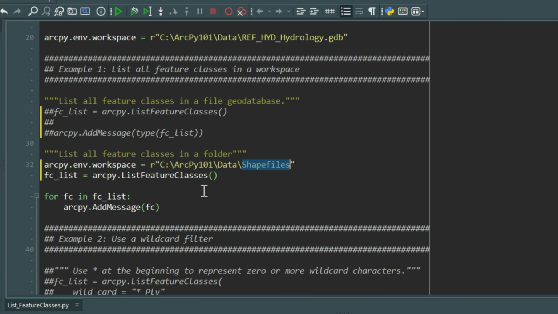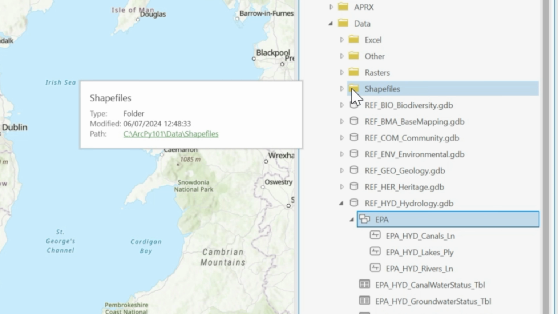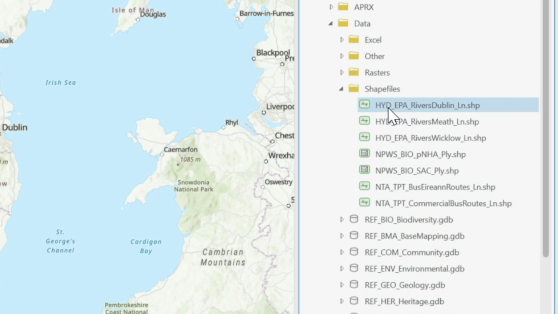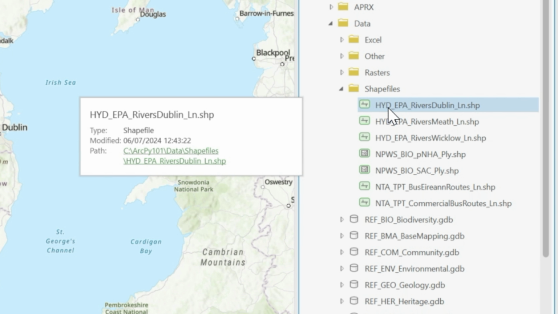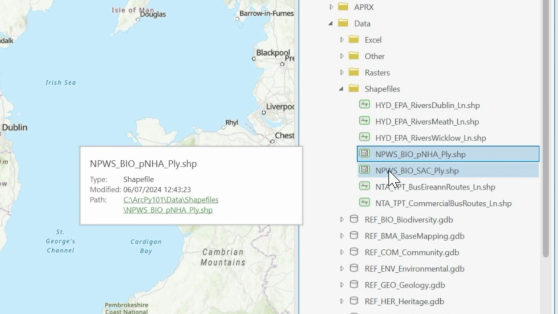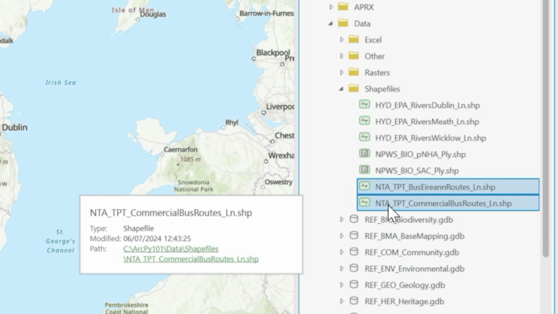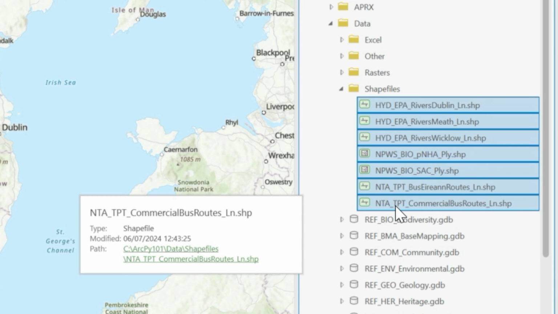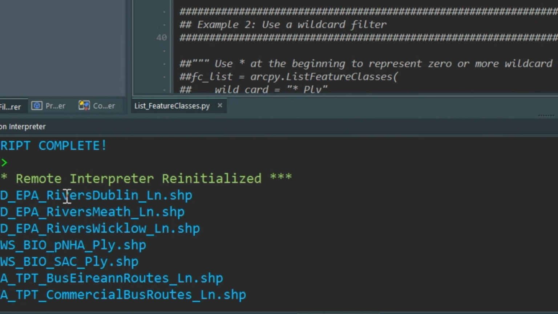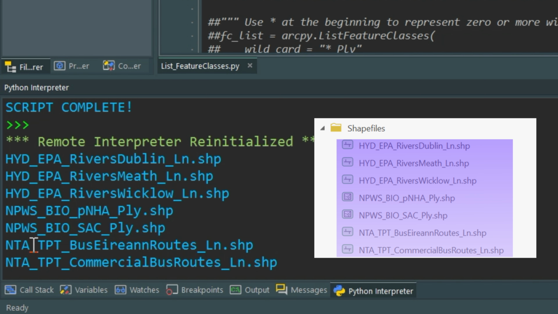So let's head to our shapefiles folder and see what shapefiles we are expected to be returned. We'll head back to ArcGIS Pro. You can see here we have our shapefiles folder, which we will expand, and we have 7 shapefiles in here, 3 from the EPA, 2 from the MPWS, and 2 from the National Transport Association. So we expect to see 7 feature classes returned when we run our script and the names printed to screen. So let's head back to PyScripter and see if that is the case. We'll run our code. We can see we did indeed get all 7 shapefiles returned,